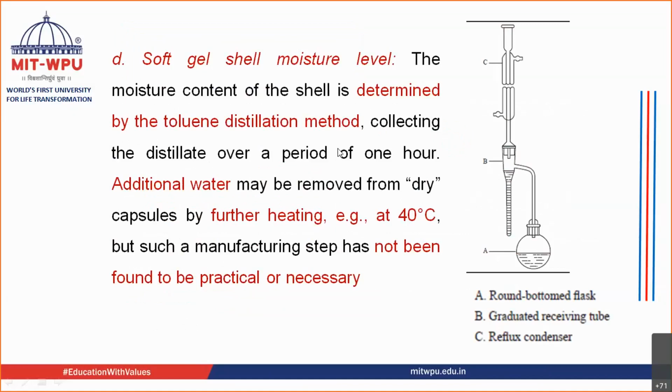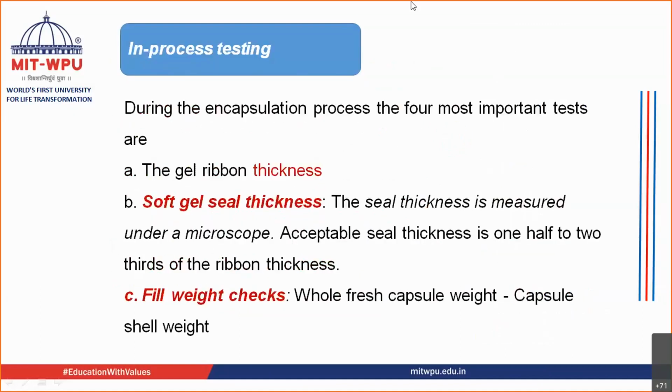So in this, what you do is, you take a capsule, you weigh this capsule totally. After weighing this capsule, you puncture this capsule. After puncturing this capsule, you remove or you cut this capsule. You remove all the contents from it, right? All the contents from it are removed. Now you get the empty capsule gelatin shell. This empty capsule gelatin shell is again weighed.